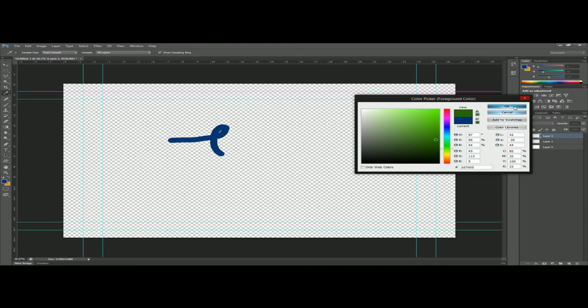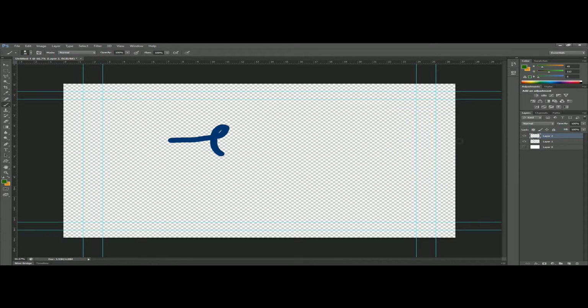change things. So let's say I wanted to add something above it, but I didn't like that, so I went to go ahead and just turn it off. Or let's say I want the blue above. All you simply do is take layer 2 and drag it below layer 1, and there you go, the blue